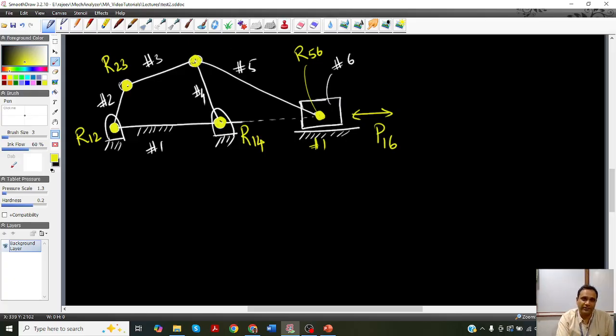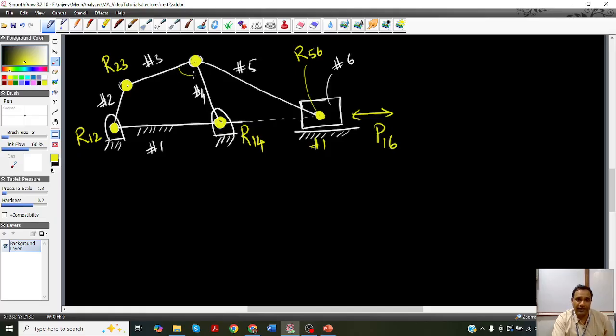Now please focus on this joint here at the top. So basically 3, 4, 5. So 3 links are intersecting. If I temporarily assume that 3 is the reference, with respect to 3 I can move 4. With respect to 3 I can also move 5. But when I have moved 4 and 5 to a particular angle, the angle between 4 and 5 is already known to me. So that means there are 2 relative degrees of freedom, or 2 independent